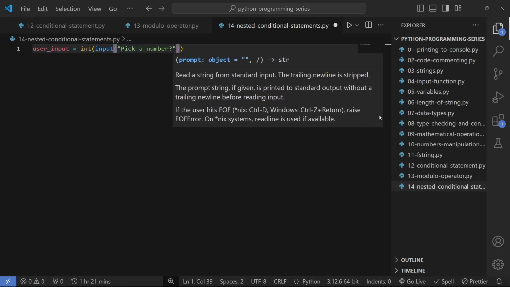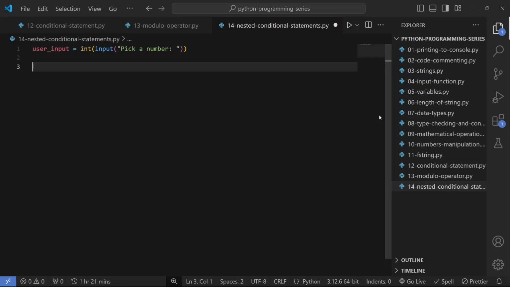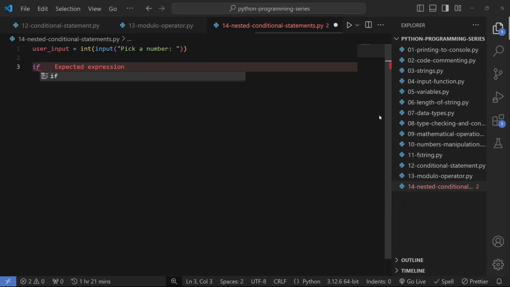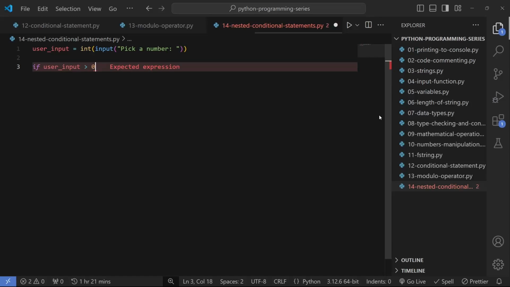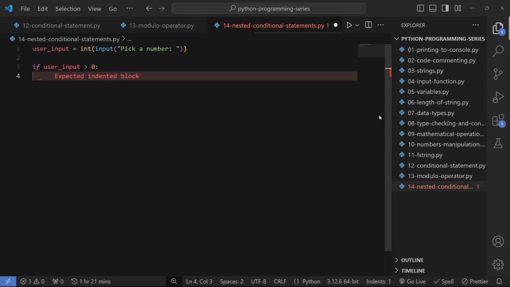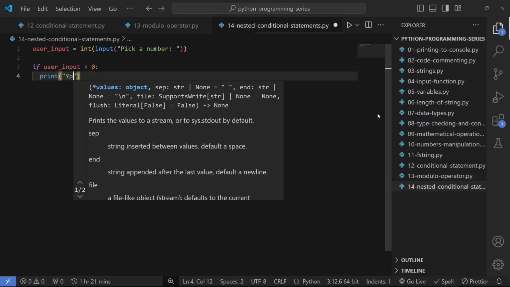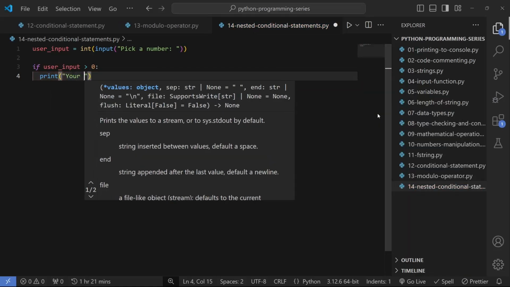All right, so after that you can have a conditional statement that is checking if the user's number is either positive or negative. And how do you check if a number is positive? You know that a number is positive if it is greater than 0. So you can say if user input is greater than 0, then if it is greater than 0 you can print your number